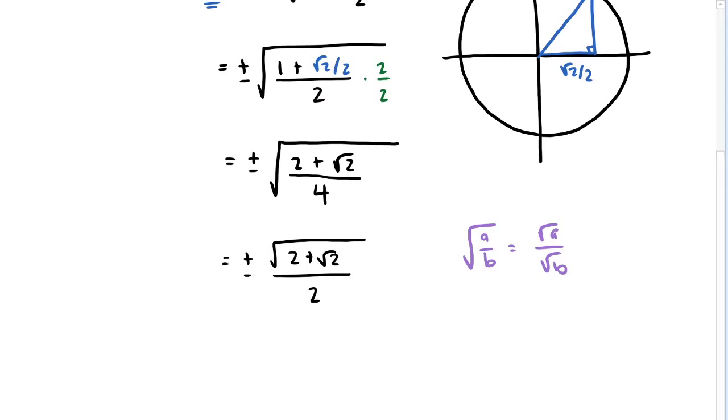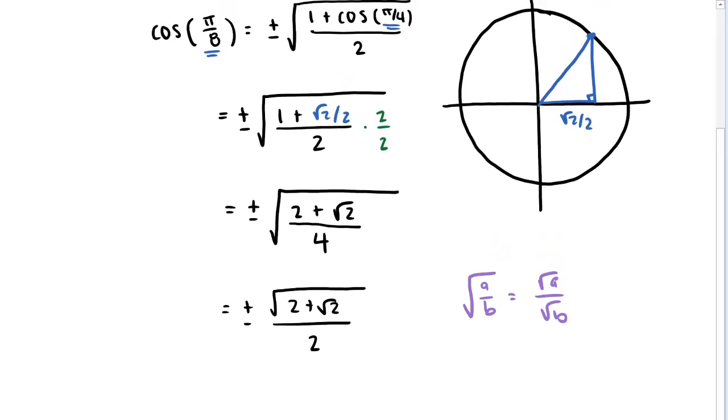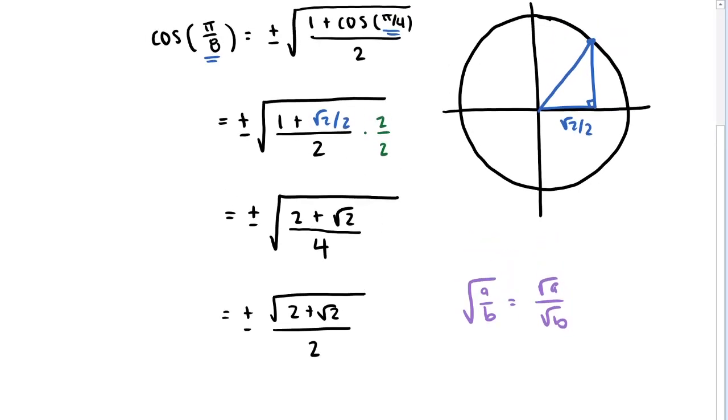Now the last thing is we're evaluating cosine of pi over 8. That's the x-coordinate along the unit circle at an angle of pi over 8. And that's not going to have two different values. It's not going to be both plus the square root of 2 plus the square root of 2 over 2, and minus the square root of 2 plus the square root of 2 all over 2. It's only going to be one of these. And this depends on what quadrant we're in, right? So pi over 8,